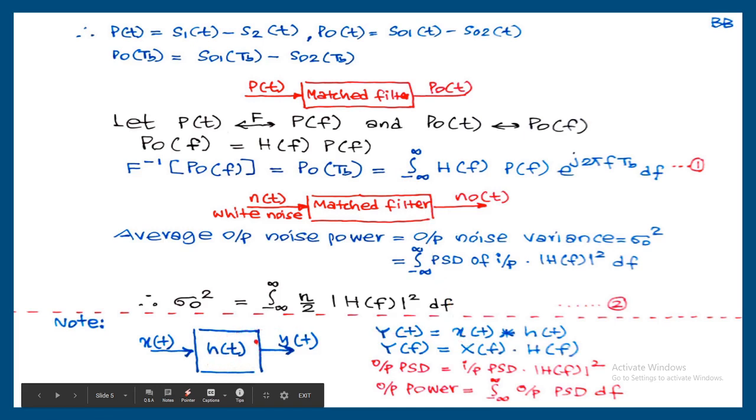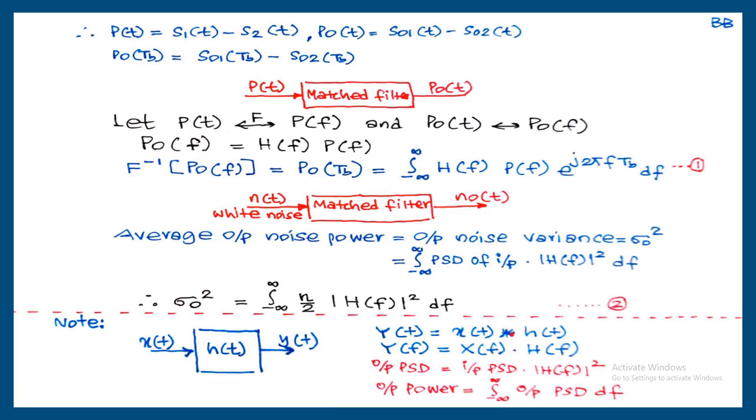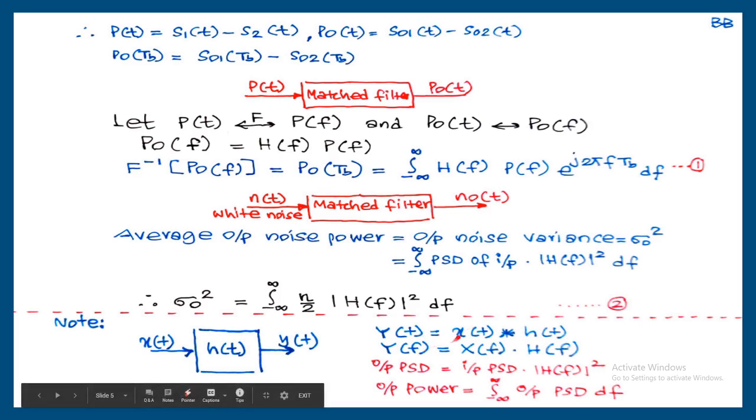There is a system with input signal x(t), output signal y(t), and impulse response h(t). The relationship between these three is written here. y(t) is equal to x(t) convolution h(t). Time domain convolution is equivalent to frequency domain multiplication. So Y(f) is equal to X(f) into H(f). Then the next step is to take the square part. Modulus Y(f) square is equal to modulus X(f) square into modulus H(f) square.